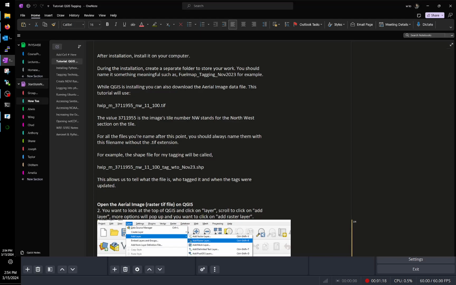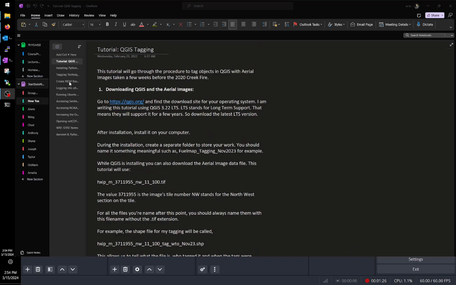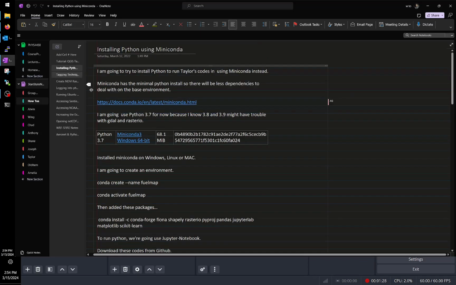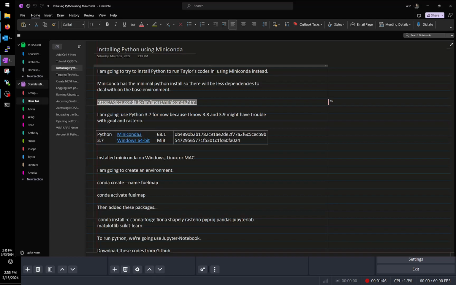Python. So I'm going to install Python. The version of Python we need, going back down here to installing Python, is 3.7. Unfortunately, we've seen there's a problem with later versions of Python because a couple of libraries that we use, GDAL and rasterio, are not updated for those Python versions yet. So what you want to do is go to